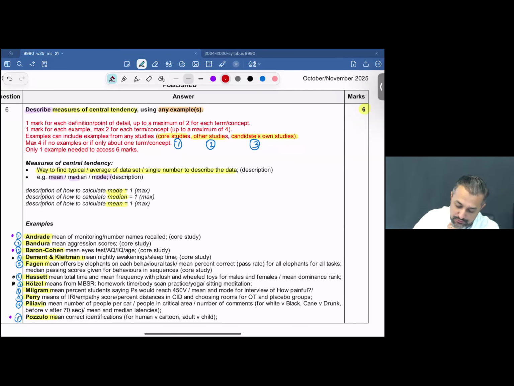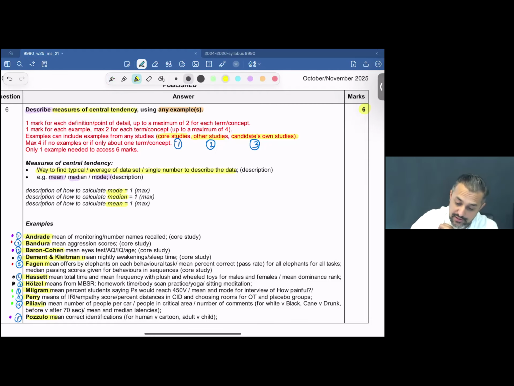If we talk about the learning approach, we have the study conducted by Bandura, Ross and Ross, the study by Fagan, and the study that is missing over here is actually Savage and Silverman from the learning approach. If you have a look at the social approach, we have all 3 of them: Milgram, Perry, and Piliavin. Now, out of these 11 different options you have, you may choose any of them.